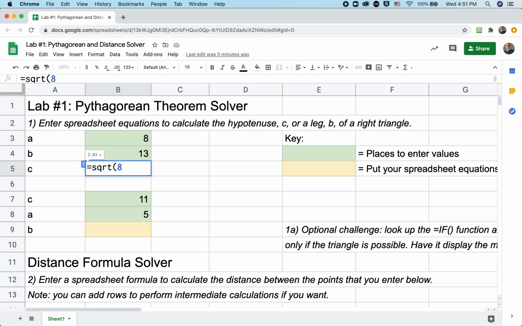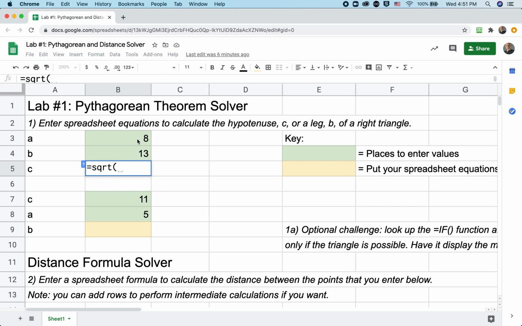But don't do this. Don't do 8 squared plus 13 squared. This is not how to do it. And the reason is that will calculate 8 squared plus 13 squared, but what happens if you had a different triangle of different side lengths? This will always be stuck on 8 and 13. So instead, here's the beauty of a spreadsheet. We're going to have it use whatever is in this spot, whatever is in cell B3, and it will square